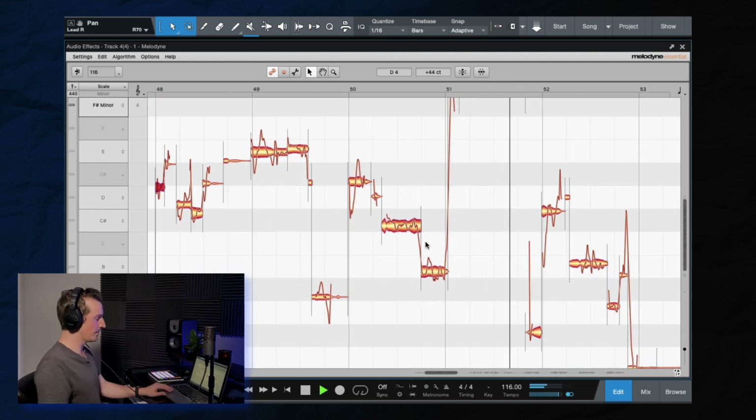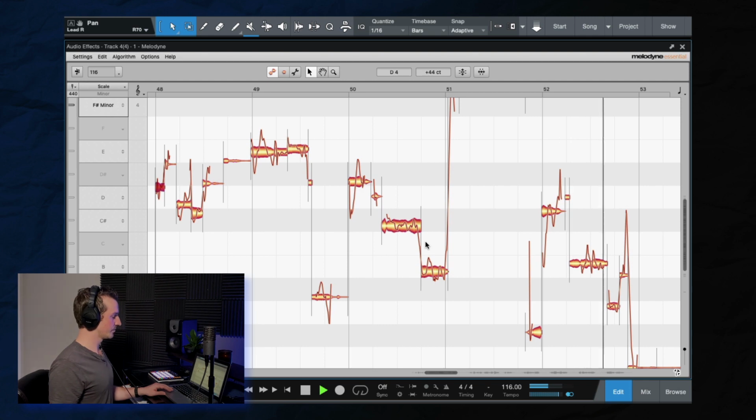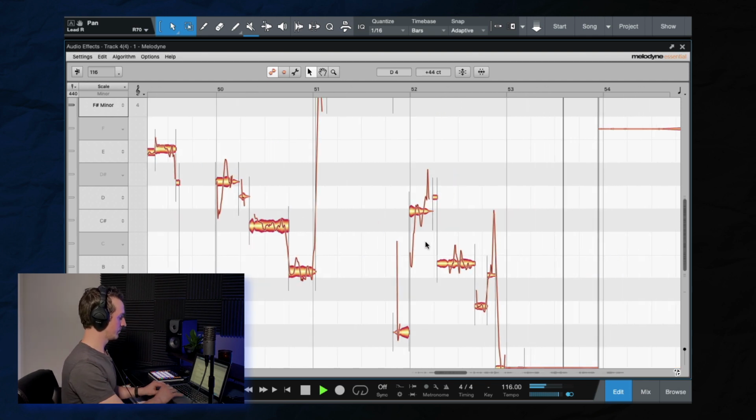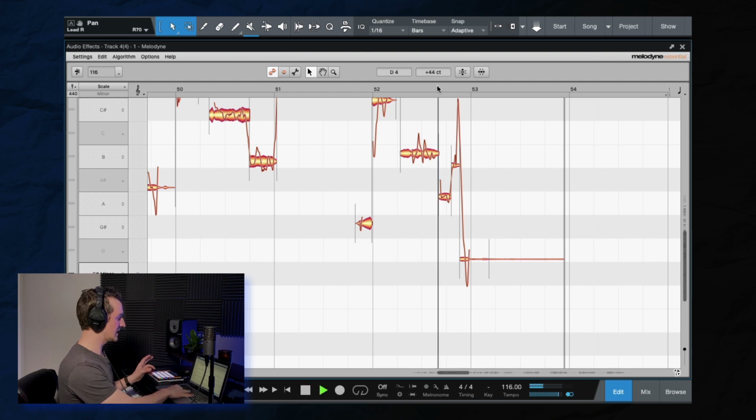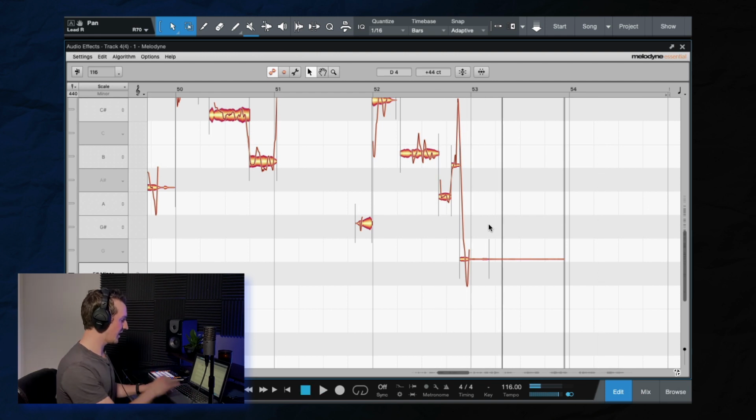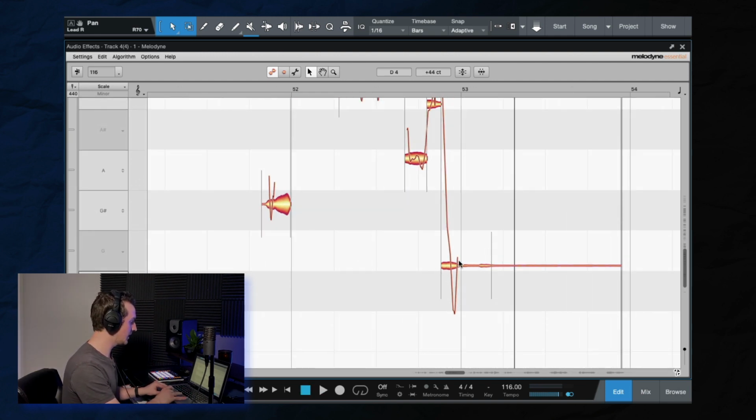That all sounds good to me. Now that S, I don't really like how that S, it's kind of far off from the right. So let's see if we can...